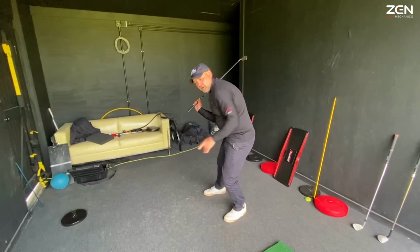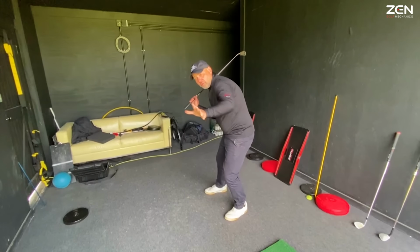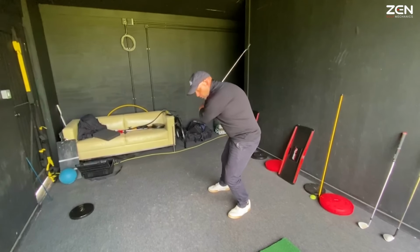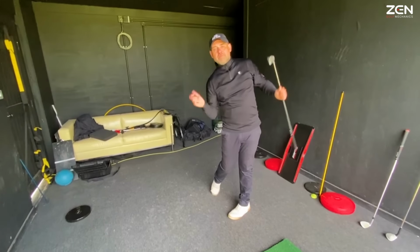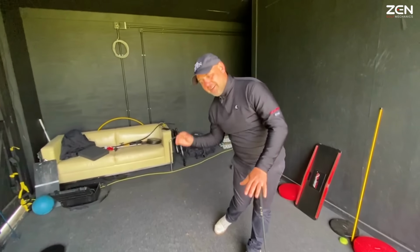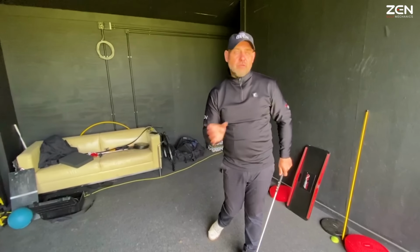I can really feel myself loaded into the ground and shifted to the right for the intention of the draw. So when I go up on 4, I'm firing the sequence in this direction, which is facilitating that draw path. Likewise for the fade,